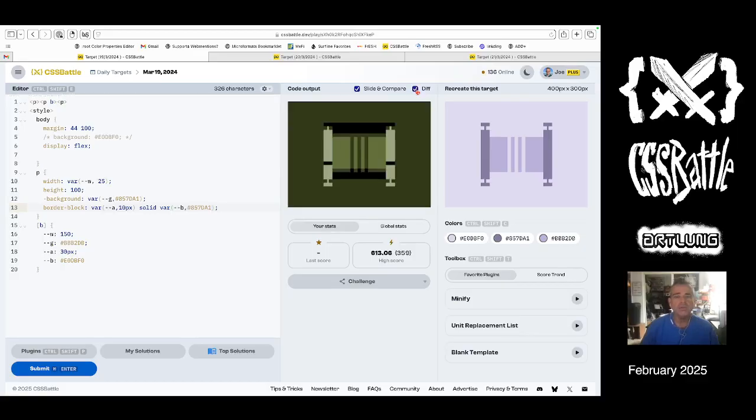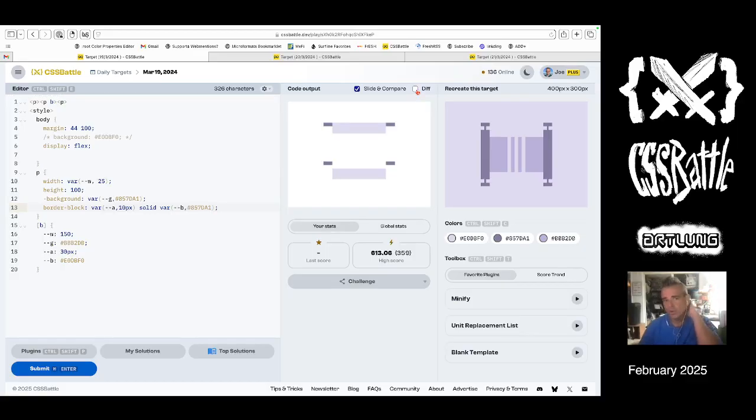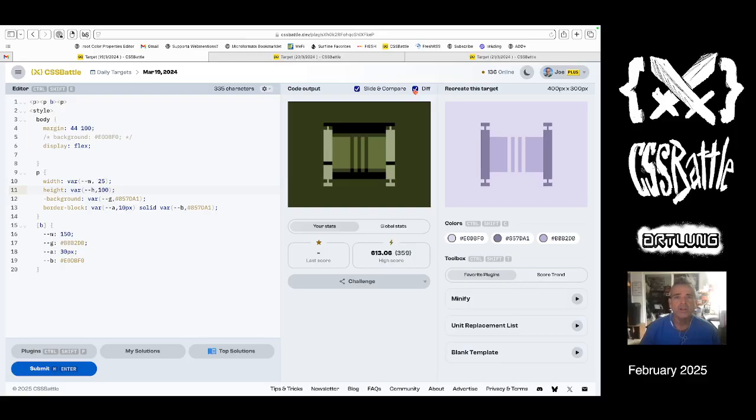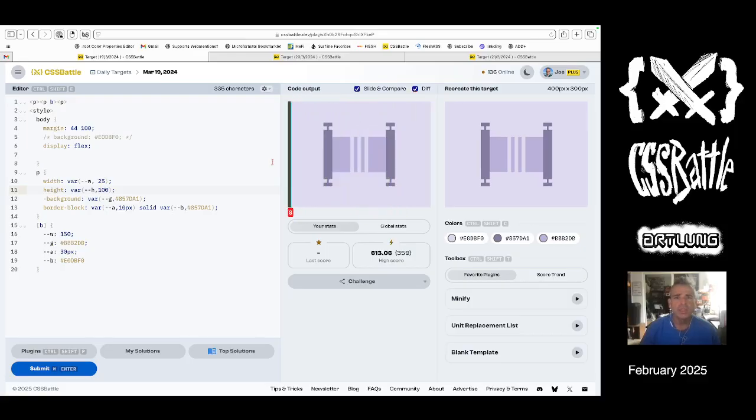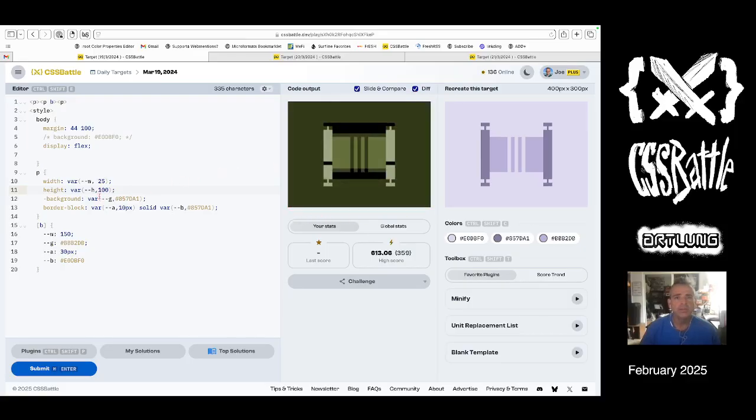So now what do we need to do? We need to set, the height is also going to be a variable, isn't it? R-H. Again, the idea is to do as little code as possible. So what I'd like to do is, some of these things that I create, I'm going to remove eventually. All right, so how far can we get? I think that we're good with this part,